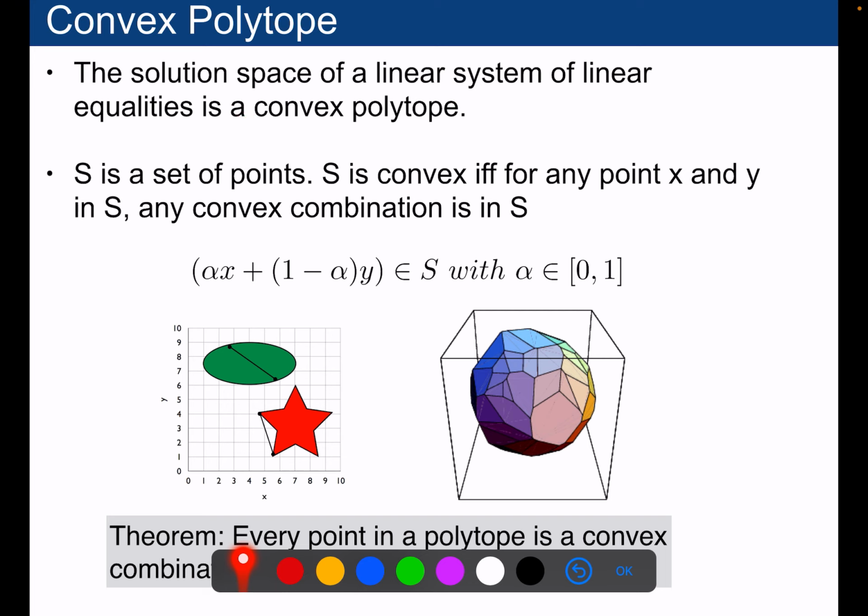So as a reminder, a set of points is convex if for any 2 points x and y, you take any convex combination in this set and you are still inside the set. This is the definition of convex. So if I formalize this, I take any 2 points x and y. A convex combination means that you take one alpha between 0 and 1, and the combination is alpha x plus 1 minus alpha y. Okay? And you can really take any arbitrary value for alpha on this interval 0, 1, and you will still be inside the set S.